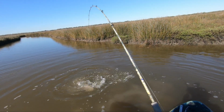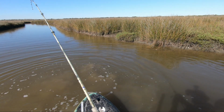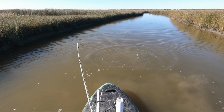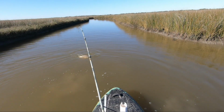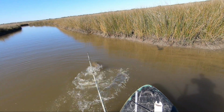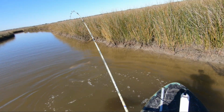I've been seeing some mud stirs in the water and a few runs, but I never got a first-hand look at the fish. So I decided, well, we're going to go ahead and do a little bit of casting and see what we may have in this water. I had a feeling they might be in here. I chose a little deep ditch that kind of cuts through the middle of the marshes